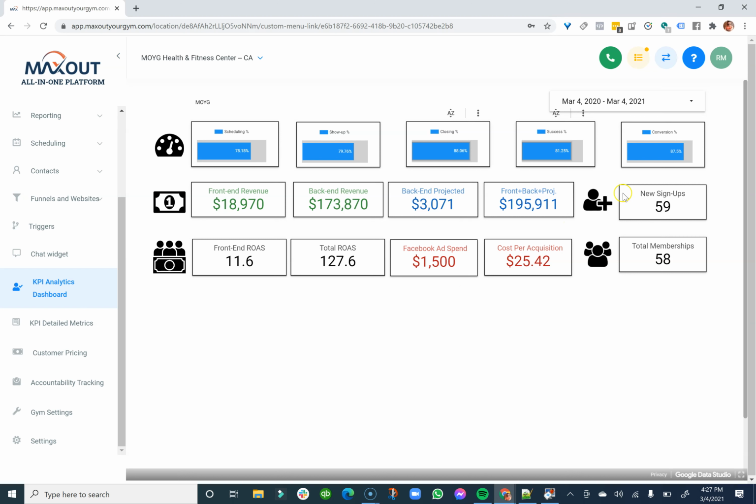So actually we're gonna use that stat here, the conversion rates, so that we can project the revenue that we're gonna be generating in the future from the challengers who are going to convert into members. And so here with the front plus back plus projected, that's the total that you're gonna be able to generate